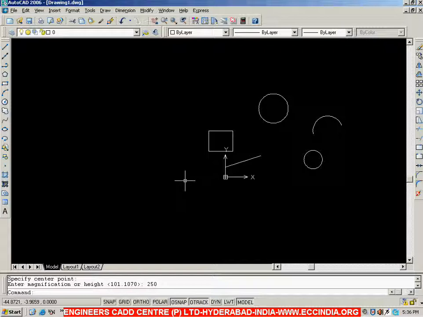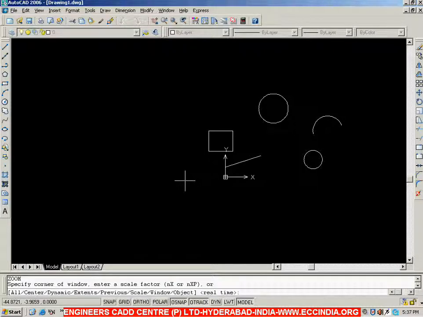So moving closer to the objects is known as zoom in, and moving away from the objects is known as zoom out. So mainly these are the two operations performed in this zoom command, either zoom in or zoom out. Now here, because I have taken a larger value, the system has gone with zoom out.